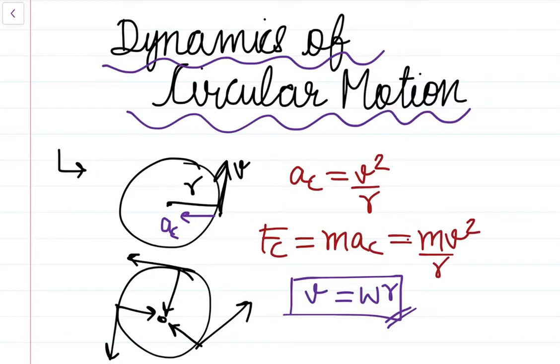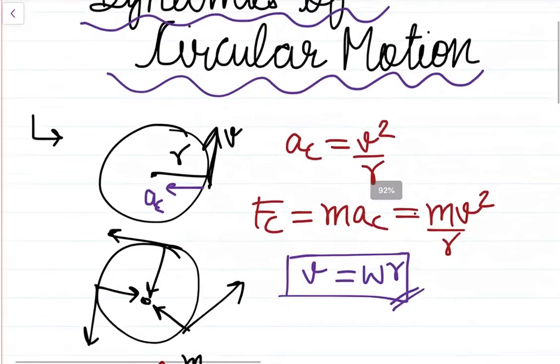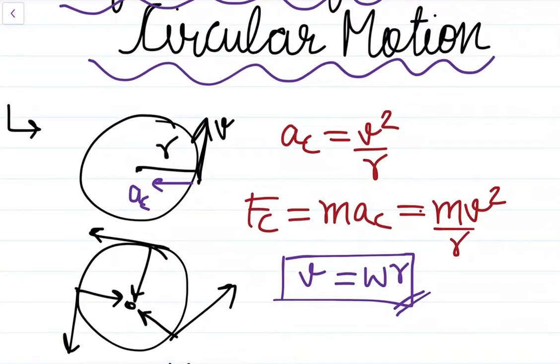So firstly, a few points that I want to add: you should know that when a particle moves with velocity v, it experiences an inward acceleration always, and it changes direction as the particle moves like this. If the particle is here, the acceleration will be like this, to the center always. This acceleration we call centripetal acceleration, AC, that is v squared by r. If you don't know how this formula comes, please watch our previous videos in the circular motion playlist.